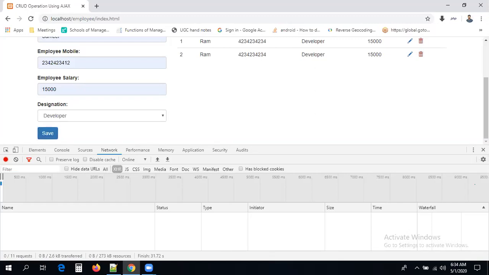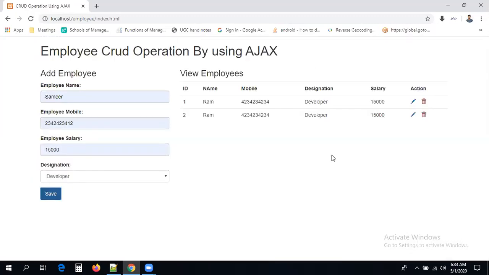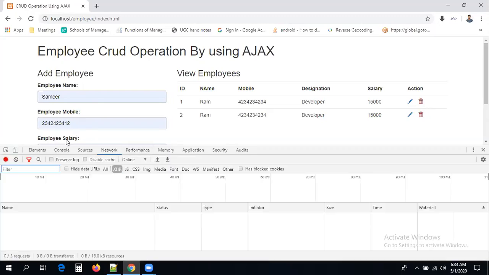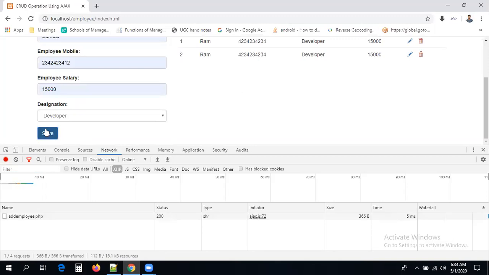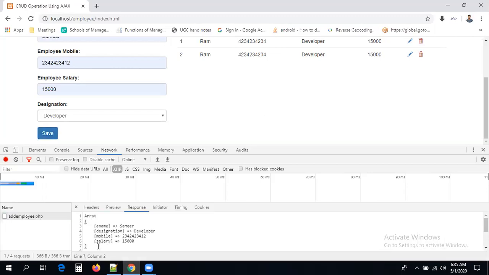One minute, let me show you again. F12, yes. Click on the submit button here, right? If you click the save button, yes, the request went to the server, and moreover the status is 200. 200 means successfully done. Now let us click on it. Can you see the server is able to receive our data? This is a PHP associative array, and here we are able to see the key and value pair combination.